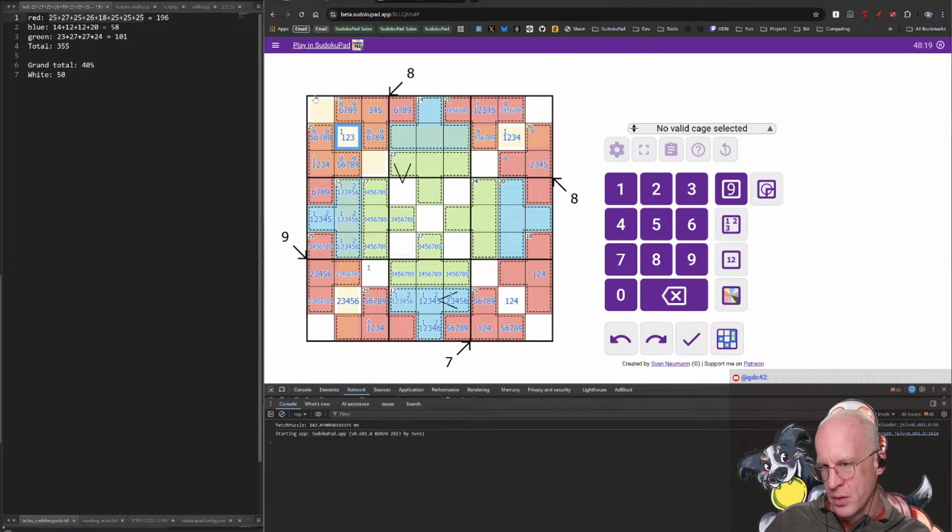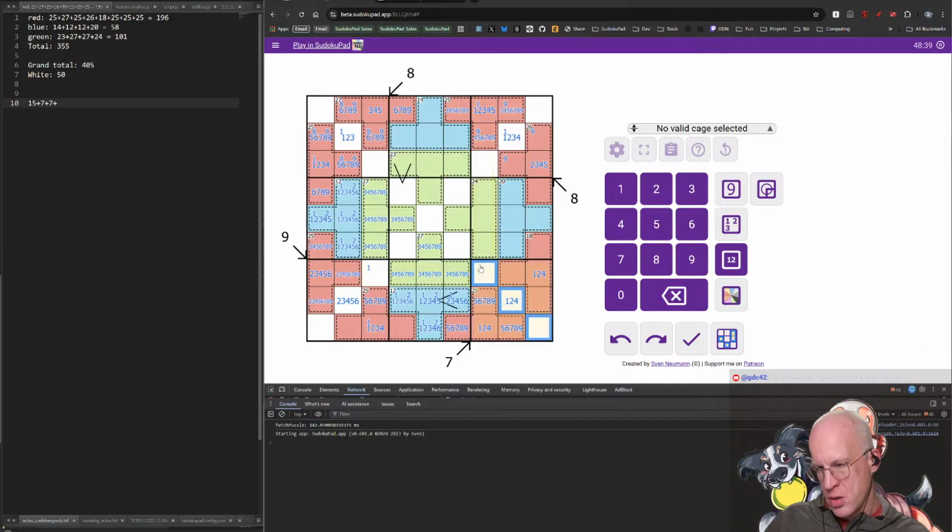So 1, 2, 4 is the smallest for these two. So we have 15 in the middle, plus 7 in the upper 2 corners, so times 2. The smallest this one can be is 1, 3, 5, which is 8,